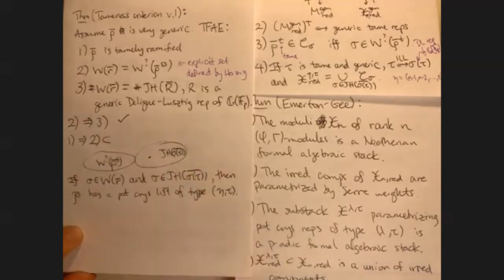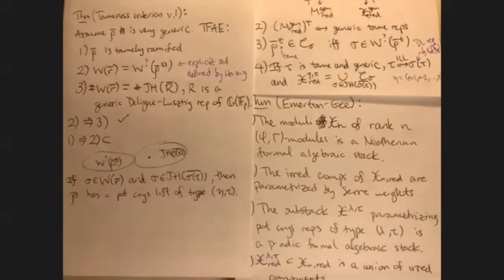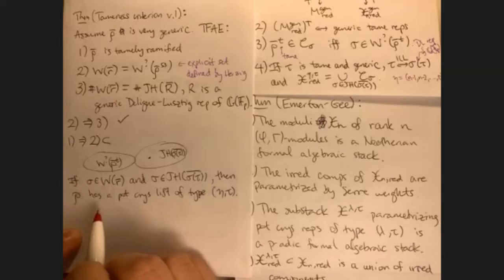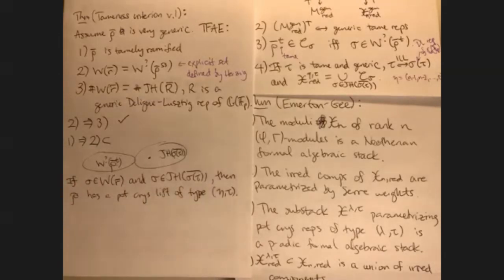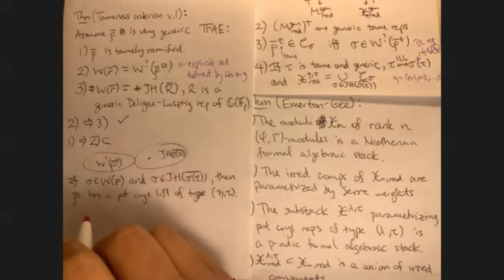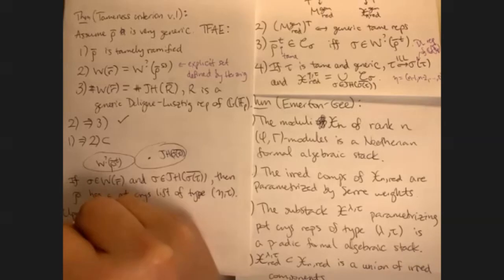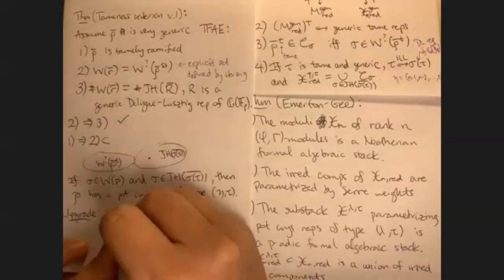The other inclusion is more difficult, and that's where you use the very generic hypothesis. But let me not say anything about that. Okay. So this argument can actually be upgraded. And this upgrade can be used to prove that 3 implies 1. So here's the upgrade. So if